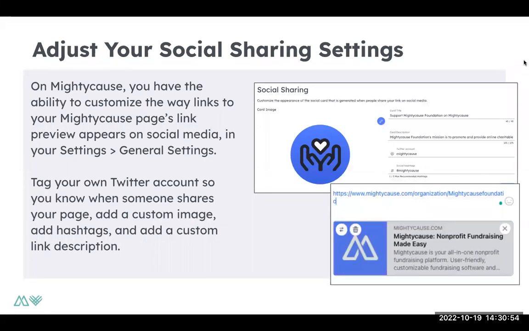As you're editing your organization page on the platform, you also want to make sure that you're adjusting your social share settings. Social share settings refer to your image card that comes up, and your card text that comes up on Facebook or Instagram. I've provided an example here where it's the automatic image and text that comes up on Facebook and Twitter. You can do that by going to settings on your org dashboard and general settings. It's always great to double check the language that you have there, and make any necessary edits that you want, so that if people do share your page on social media platforms, especially Facebook and Twitter, that is updated.